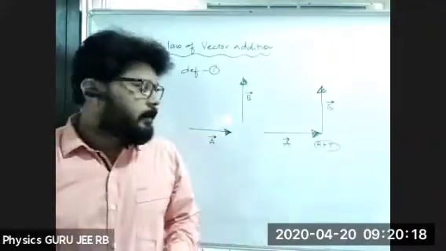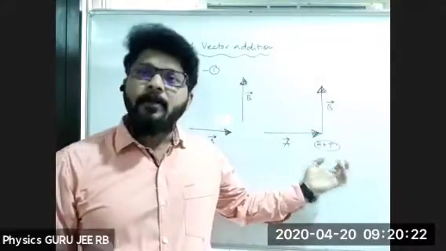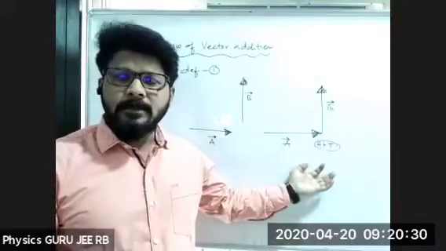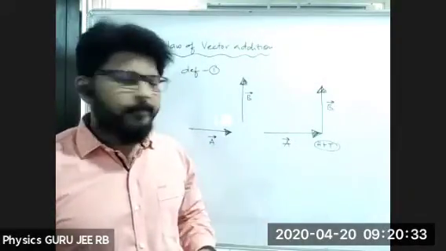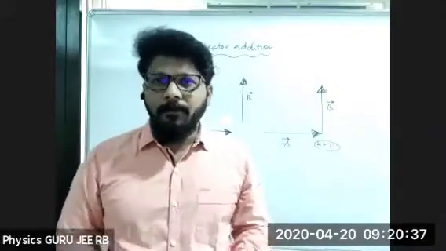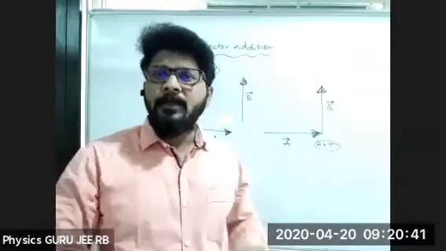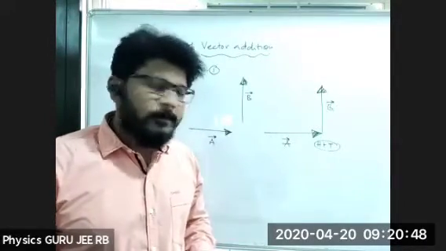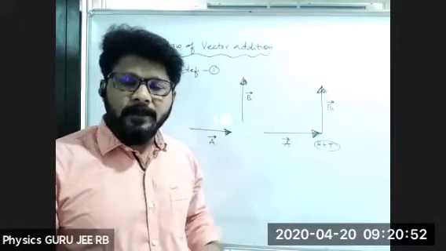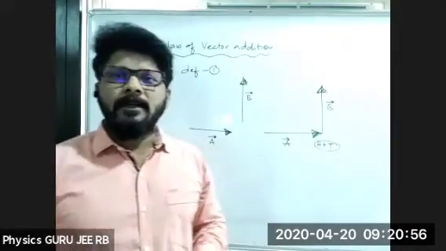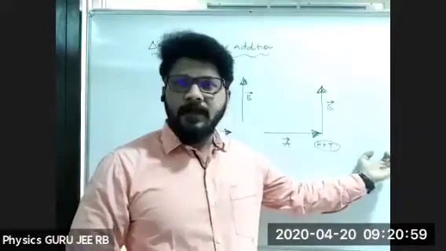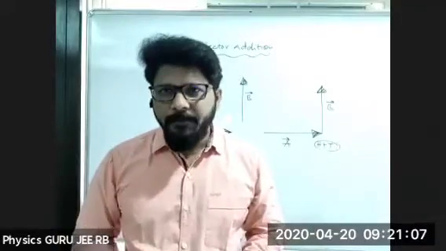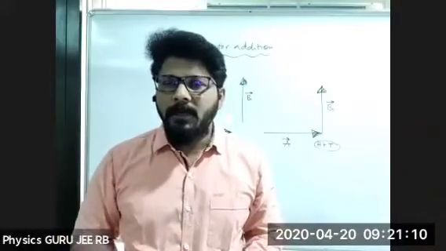As we discussed in previous classes the parallelogram law of vector addition, if I ask you to calculate this, how do you find the resultant? If I want this to be converted into the parallelogram law of vector addition, what should I do? Can anybody tell? What is the major condition? Yes, tail to tail. That means we have to parallel shift this vector A. Then we'll get tail to tail. Always tail to tail should be there to make an angle theta.